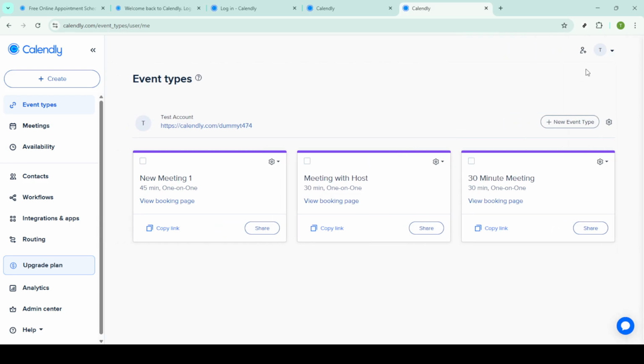And there you have it. By using Calendly for appointment scheduling, you can greatly reduce the stress and time commitment associated with organizing meetings. This powerful tool helps ensure